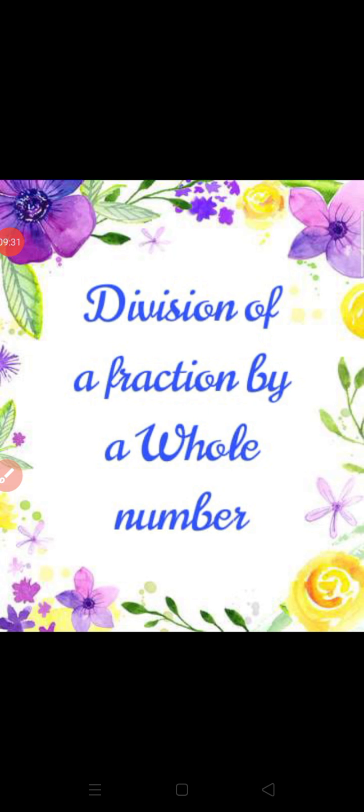Next we will learn division of a fraction by a whole number. So first we are taking a fraction and next we are taking a whole number here. Let us take one example. 3 by 5 is a fraction divided by 9, which is a whole number here. So the same steps we can follow. 3 by 5 we write as it is, the first fraction, and the division symbol also we write as it is. Here we need to do the whole number conversion. Convert the whole number into a fraction by writing 1 as its denominator.